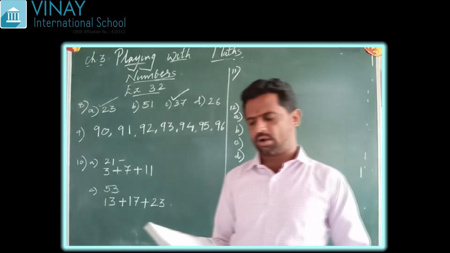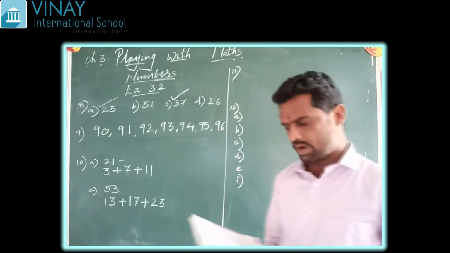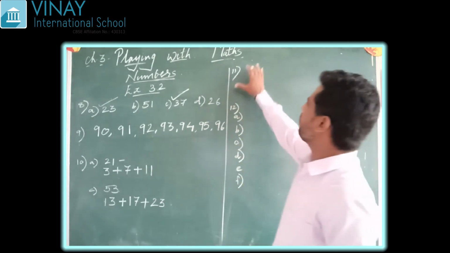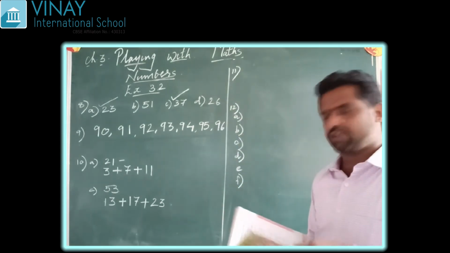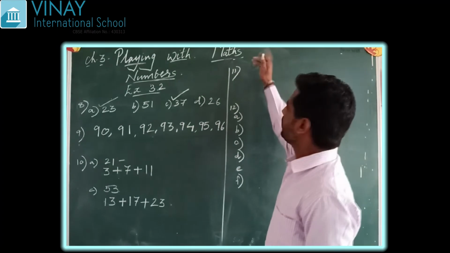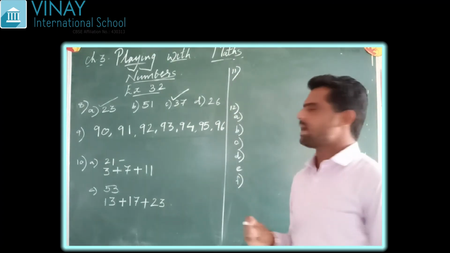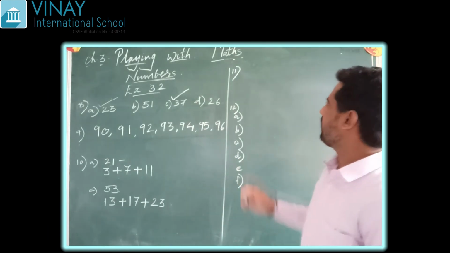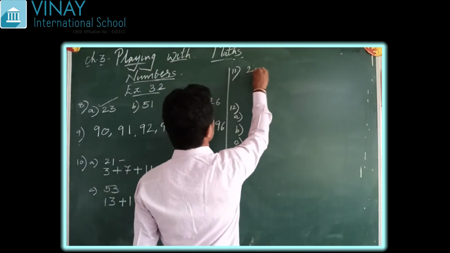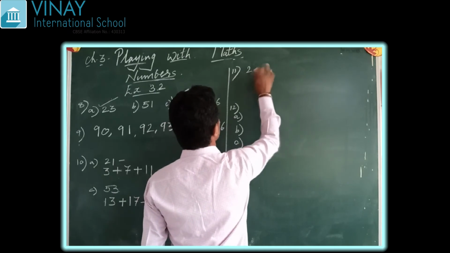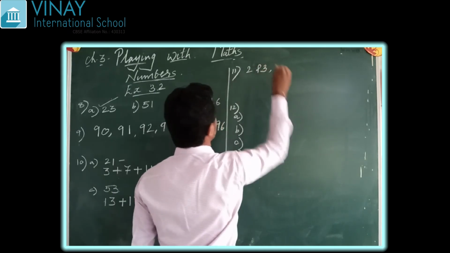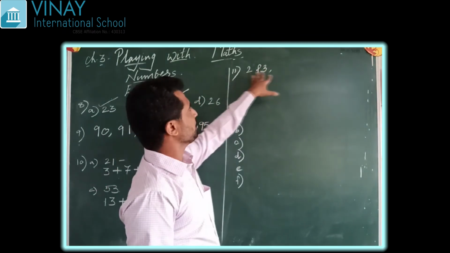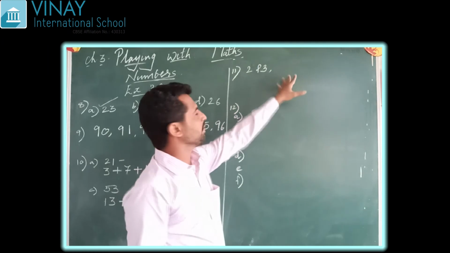Write 5 pairs of prime numbers less than 20 whose sum is divisible by 5. We have to find out, here in the option it is given 3 plus 7. We have to find 5 such pairs of prime numbers. If you add them, the sum should be divisible by 5. For example, 2 and 3. If you add 2 and 3, it will be 5. So 2 plus 3 is equal to 5 and it is divisible by 5.